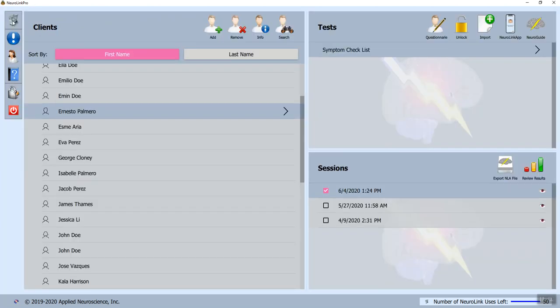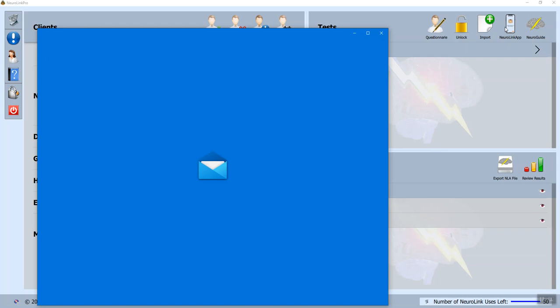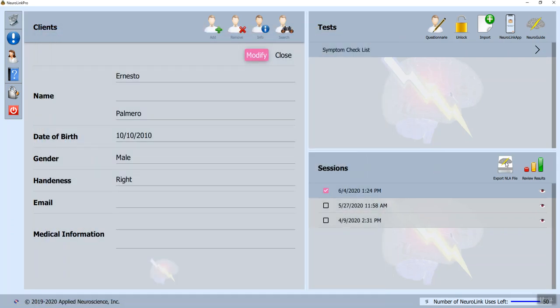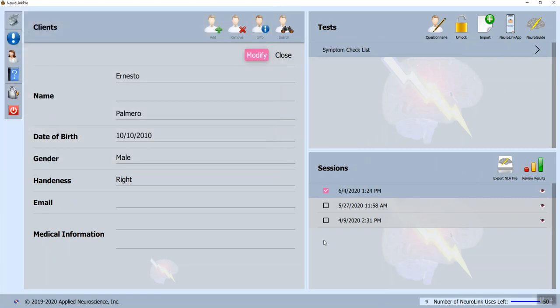One can put in new patient information, get information about the individuals and their clients. This is the information about the client. You can search. You can, in this case, get access to the NeuroLink app. And then you can export this file, the file that is the test, to be put into NeuroGuide. This is .nla file. So for example,